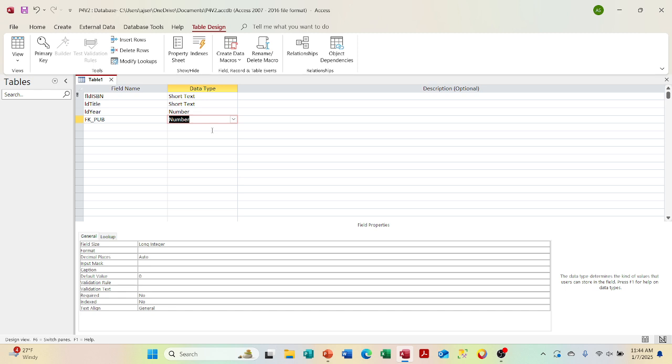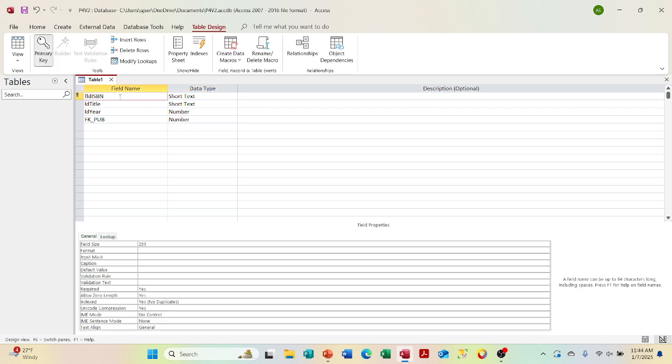It could be a short text, but your primary key would have to be a short text. So in other words, if I were looking for this ISBN, I had a foreign key for an ISBN in another table, I would set it to short text, not number, okay? Because I would have to match those up to create a relationship, and you're going to see that, all right? While we're here,